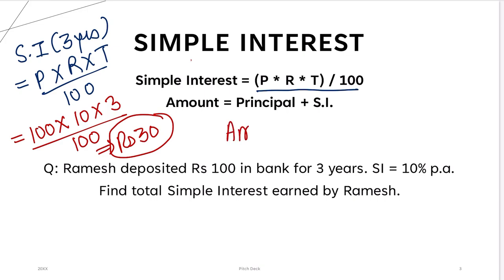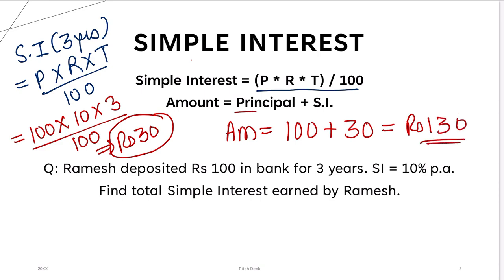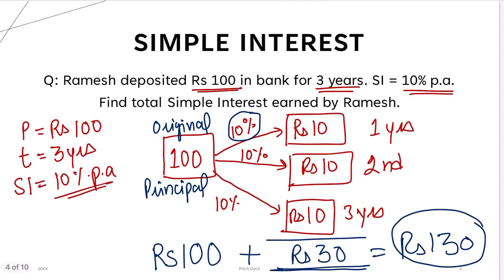And what is the total amount he will get back? He will get back his original 100 rupees plus 30 rupees simple interest. So 130 rupees is the amount he will get back. That is principal plus simple interest. So these two formulas you have to understand. And again I am emphasizing, every year he will get 10% of his original principal,